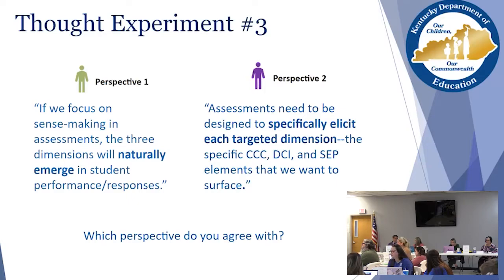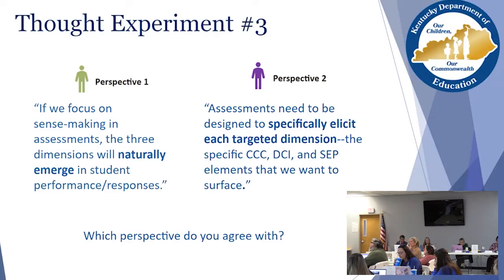So to me, in a perfect world, they're both right. At the lower level, especially, you focus on the sense making and things naturally emerging, but when you get to the higher levels, you have to be a little specific in what you're doing, but hopefully they still have that sense-making idea in their mind, and you're more intentional in your application of that. And then when you get to the 11th grade, it's still pretty intentional on the KAS, but you also have to take the ACT, which is almost reading and sense-making. So to me, in a perfect world, they are merged. Okay.